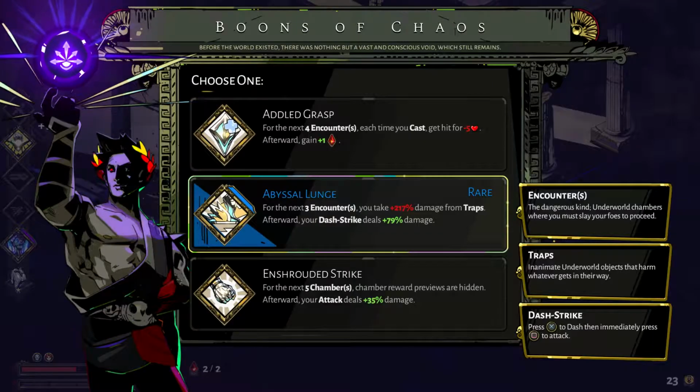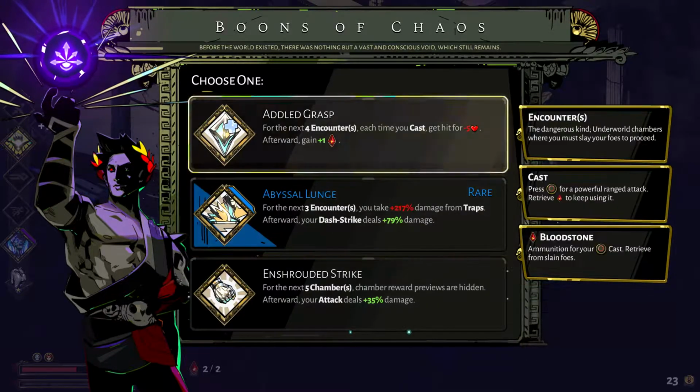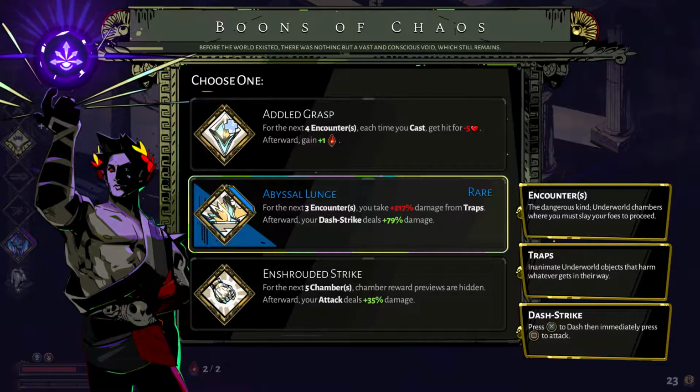For the next 3 encounters, you take 217 damage from traps. Afterward, your dash strike deals 75% more damage. For the next 5 chambers, chamber rewards previews are hidden. Afterwards, your attack deals 35% more damage. For the next 4 encounters, each time you cast, get hit for 5 health. Afterwards, gain 1 thing. Let's do like this one, the thing where dash strike